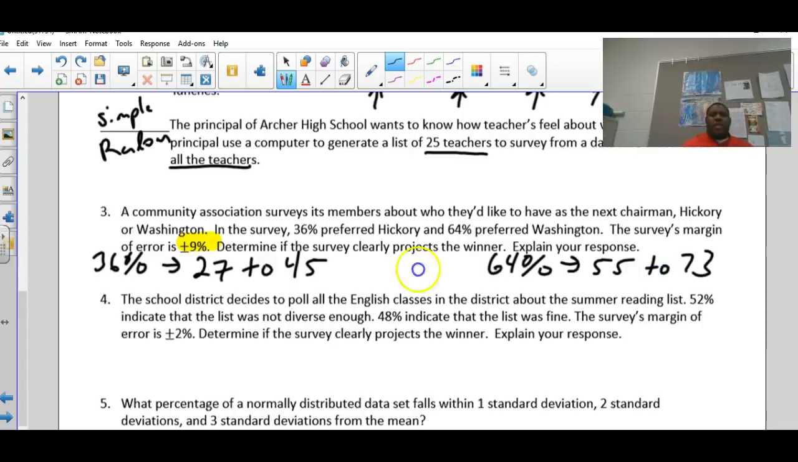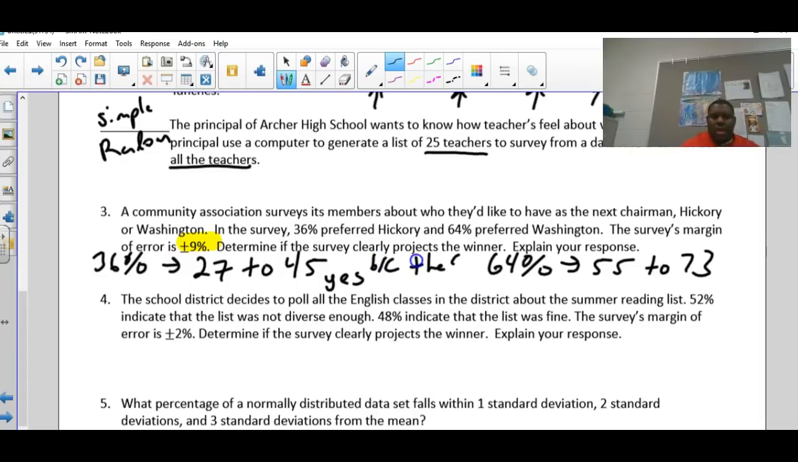So now the question is, determine if the survey clearly projects a winner. Does it project a winner? And explain your response. The answer is yes. And why? Because